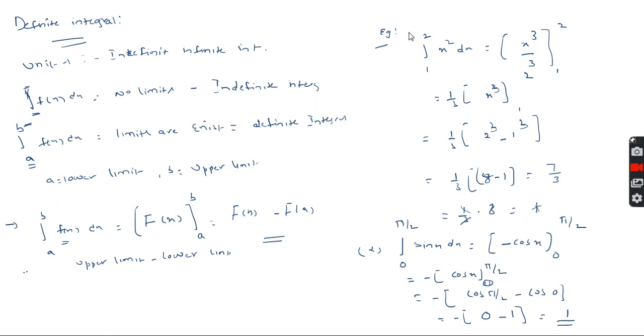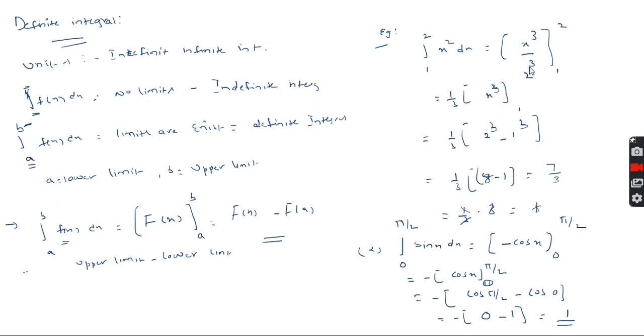So we can take one example, the integral from 1 to 2 of x square dx. First we find the integration of x square. The integration of x square is nothing but x cubed by 3, and this follows the form x power n plus 1 by n plus 1. Here 1 by 3 is a constant, so it is taken outside, that is 1 by 3 into x cube. And what are the limits? The limits are from 1 to 2. After completing this integration, we substitute the upper limit minus the lower limit.